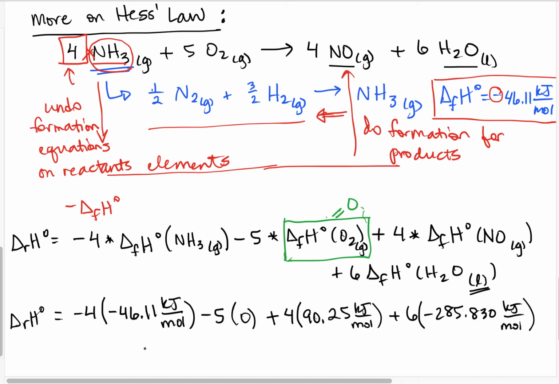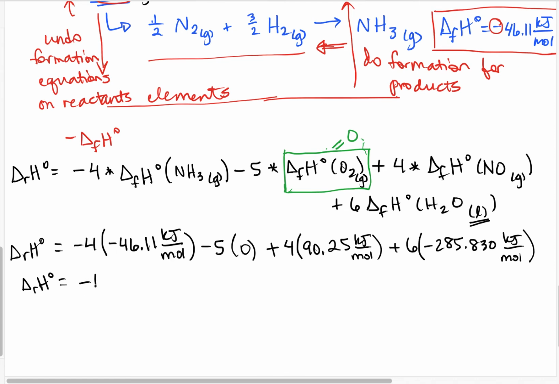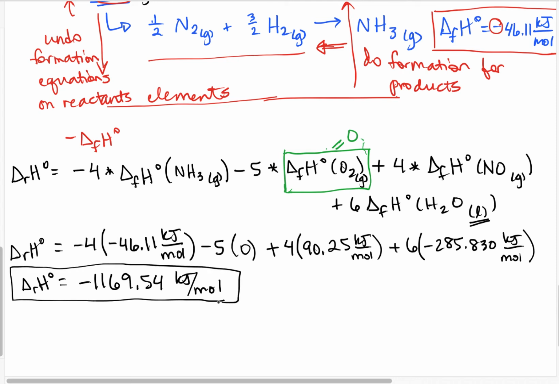So when you add these all up, this is a total of minus 1169.54 kilojoules per mole. And when I look at significant digits, I can see that this is addition-subtraction rules, and I have 2 decimal places as my smallest number of decimal places, so I'm going to keep 2 decimal places in my final answer. Okay, so hopefully this calculation makes reasonable sense, and I just want to reiterate that when